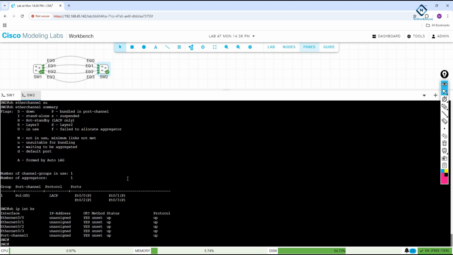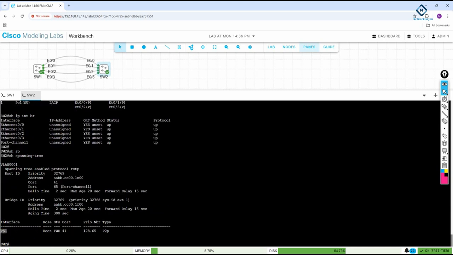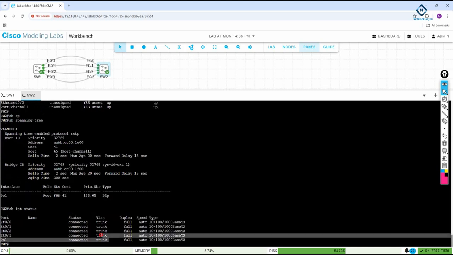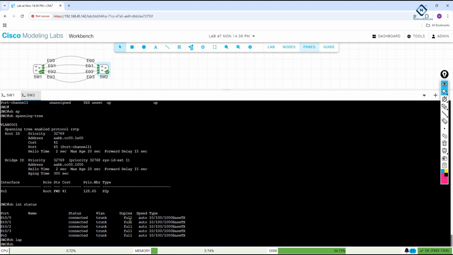You can see here, this is a new EtherChannel, this is a new port channel we have, a logical interface. And if you write show spanning-tree, you can see spanning tree is having only one port, not all four, and it is not blocking. Okay, and what else can we say, we can write show interface status. So you can see all are trunk here. And if you want, show LACP,